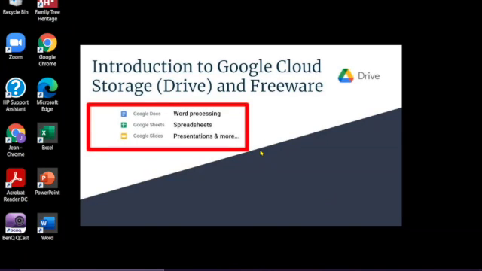to Google Cloud's storage environment, which is more commonly known as Google Drive, and the freeware that comes with it. Google's 15 gigabytes of free storage is shared across Google Drive, Gmail, and Google Photos. Google Drive's freeware includes applications such as word processing, Google Docs, and this is the icon associated with Google